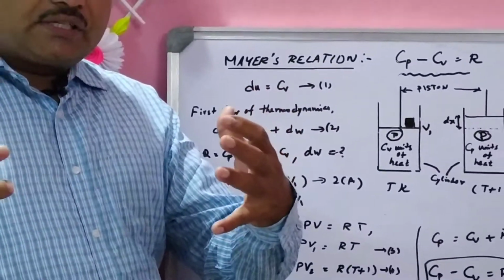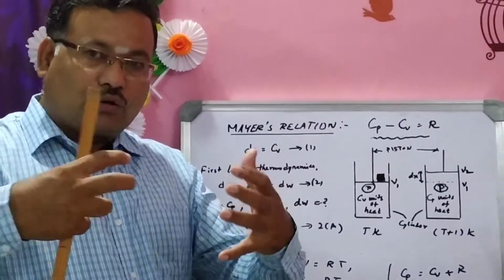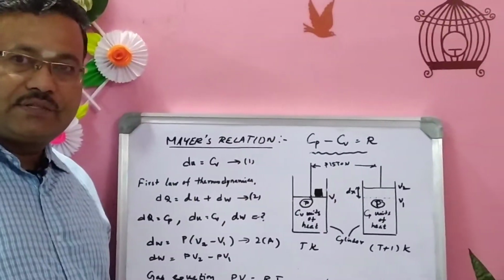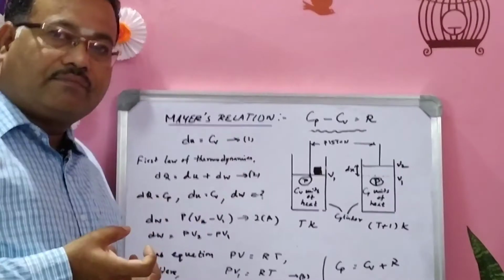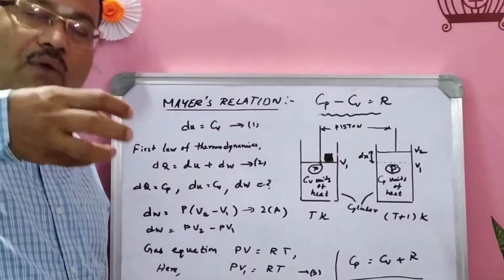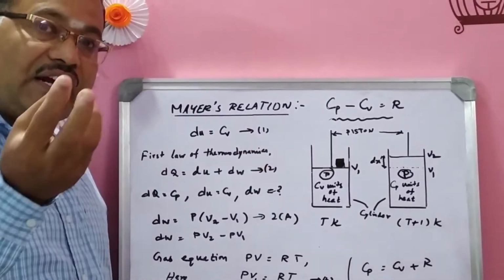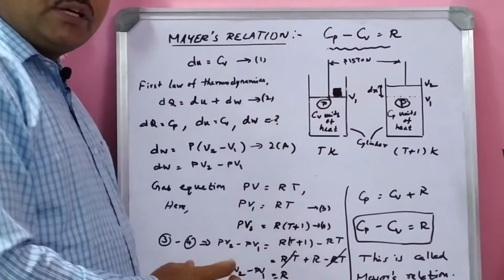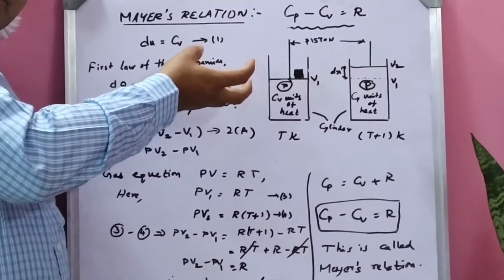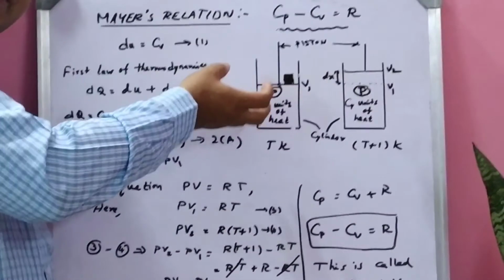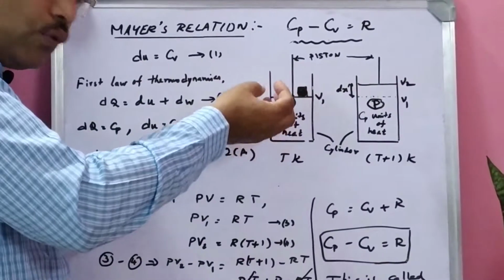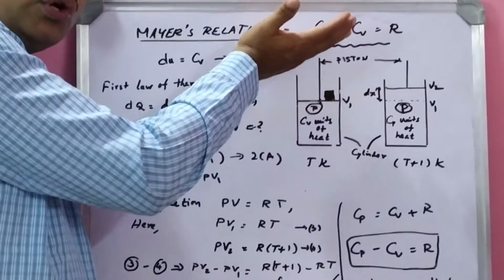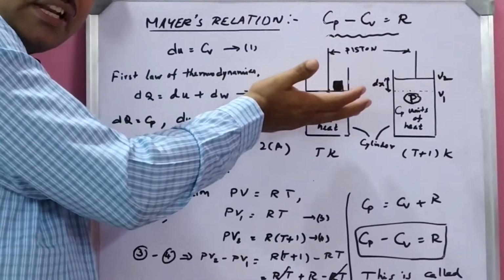So what happens to the gas enclosed in the cylinder? Only the internal energy of the gas changes. I am giving some quantity of heat by keeping volume constant. That quantity of heat is utilized to increase the internal energy only in the first case. The pressure increases, and the temperature also increases. If pressure increases, automatically some work should be done by the gas, so the piston should move. But it should not move, because we are studying the case with the volume kept constant.